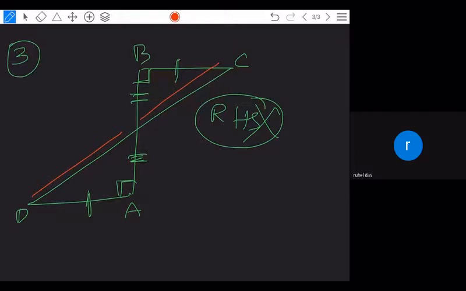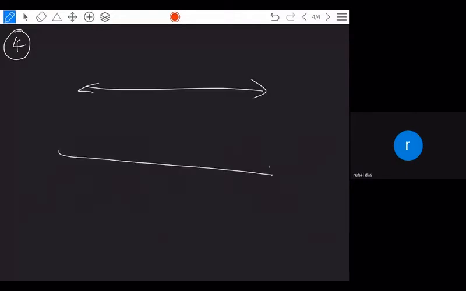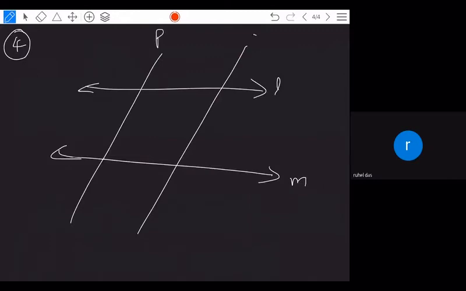So next, let us go to the fourth problem here. So fourth one, what is given here? L and M are the parallel lines given to you here, like this parallel lines L and M. This is L and M, and P and Q are another pair of parallel lines. Here it is given to you. So actually this representation, whatever I wrote, it is wrong. Why? Capital letter should not be written. Whenever you name the line with a single letter, small letters to be used. L and M are parallel lines intersected by another pair of the lines P and Q.